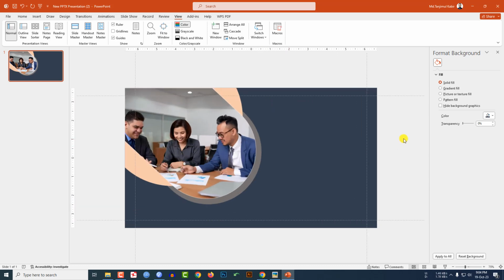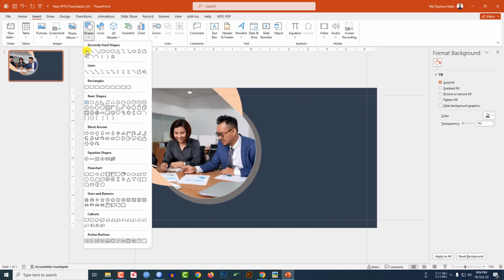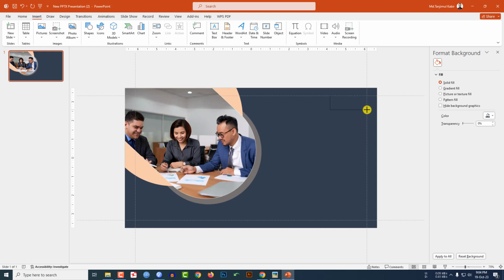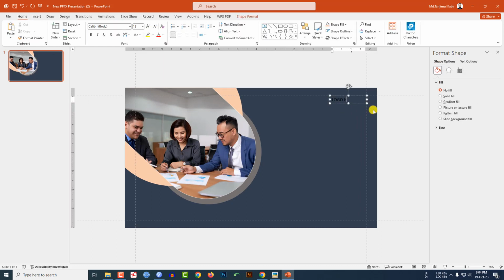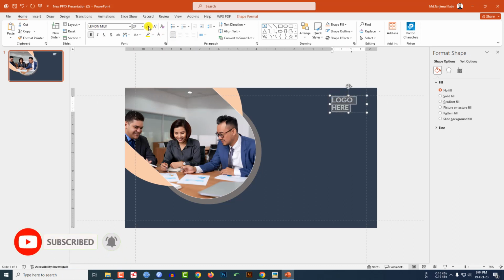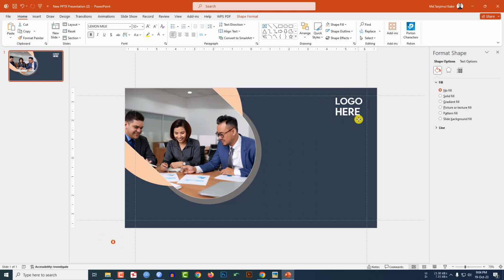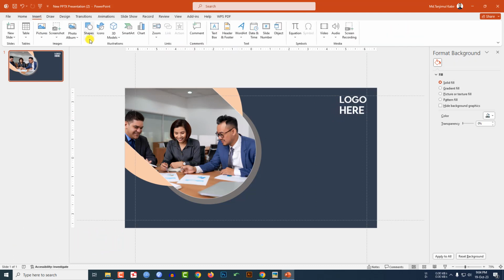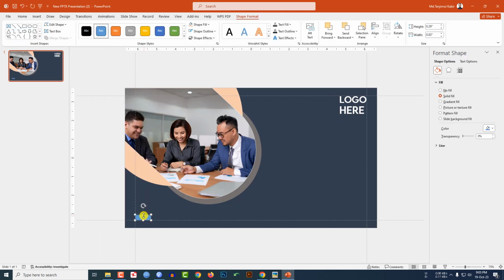Now let me zoom in, go to insert, go to shape, pick a text box, drag it over here, your logo here, change the font, bold it, change the font color. Let me increase the size, increase this font and place it here. Go to insert, go to shape, pick a rectangle shape, drag it over here, go to shape outline, no outline, shape fill, this fill color, right here our story, change the font